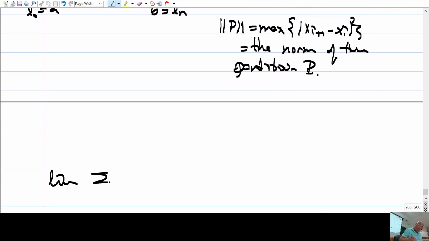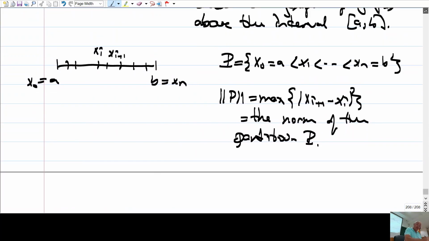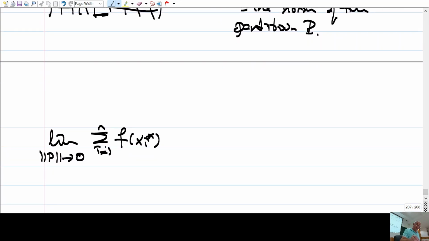And so you compute this for all partitions, and you take the limit as p goes to 0. What we mean is, I choose each time partitions with greater n values. So first I divide this into, let's say, 10 pieces, and then 12 pieces, and then 20 pieces, and so on, so that this length goes to 0. And then I compute this expression for each p,